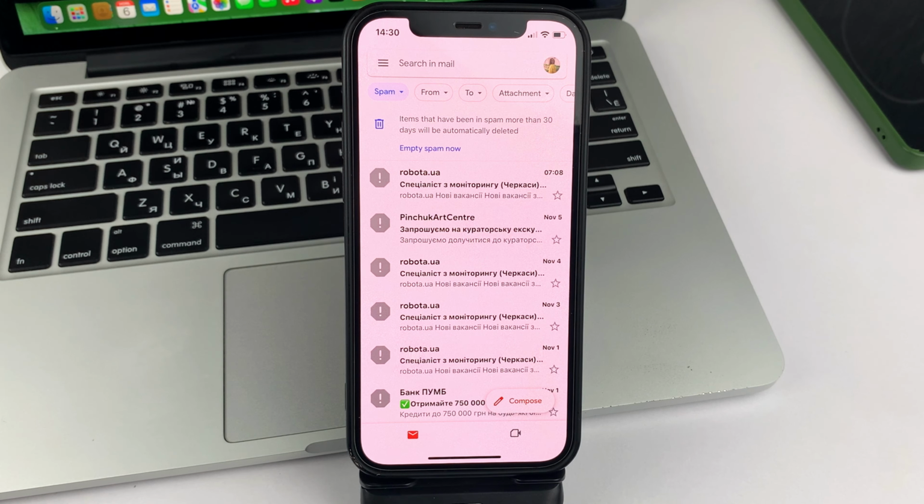So you'll go to junk mail, which is also called spam, which means that these emails are coming to your Gmail, probably from some unknown source. Gmail does not understand who sent you these emails, or these emails can be perceived as malicious, for example. So to avoid harming anyone, Gmail sends these emails to spam.